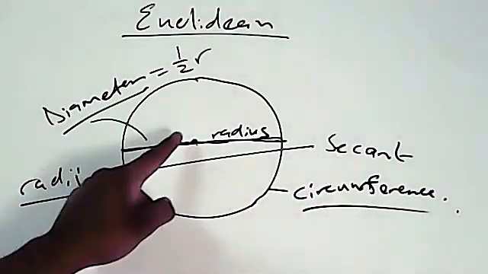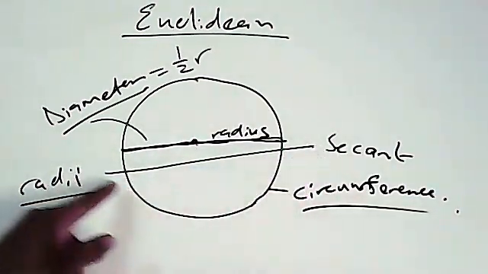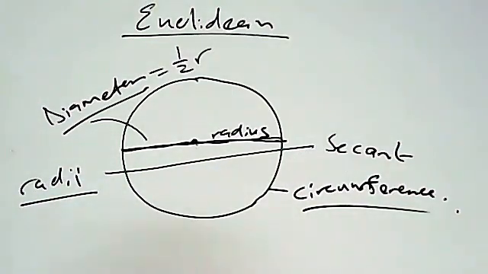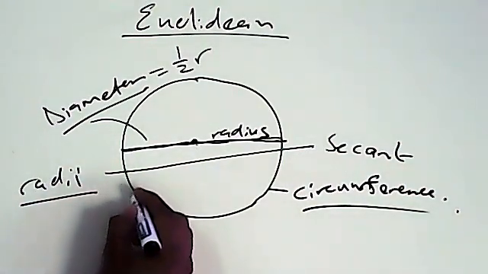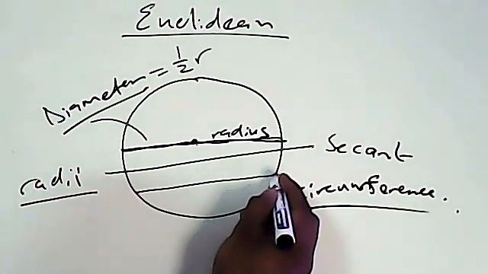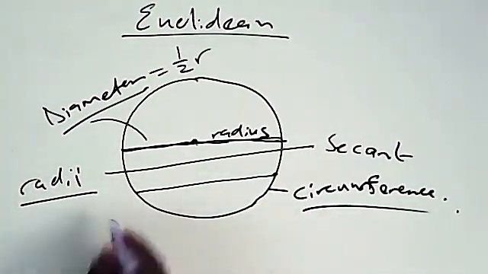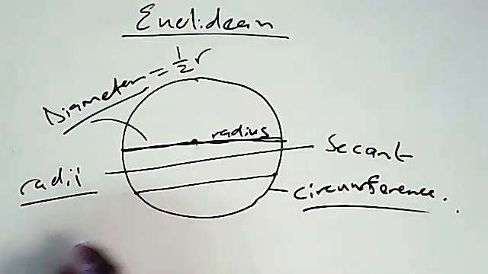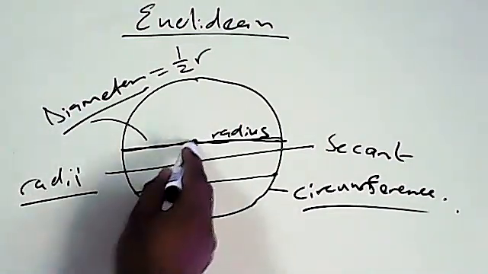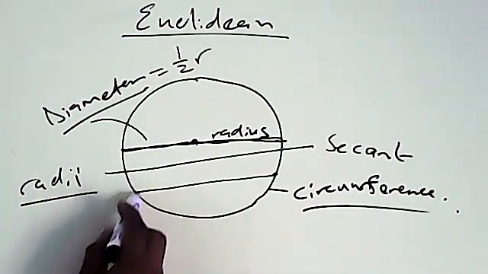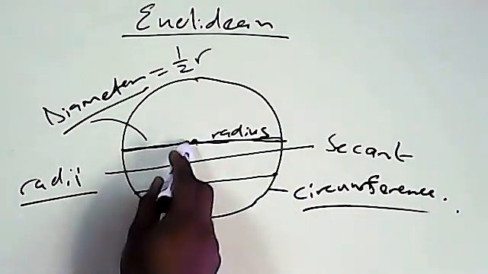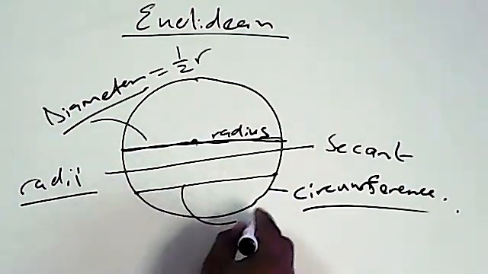A secant doesn't have to pass through the center, it passes anywhere in the circle, but it goes to the outside, right? So if you have a line that moves from here and ends there, yes, it is meeting one requirement, but it is not a diameter because it's not passing through the center. So the one that ends on the circle and is not passing through the center, we call this one what? A chord,